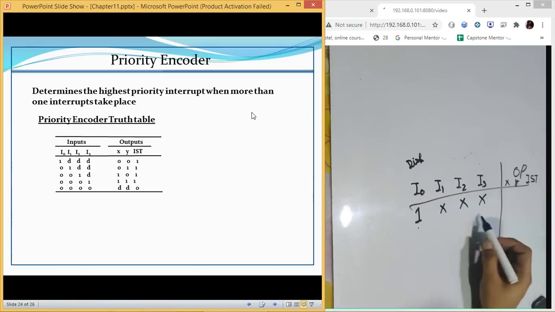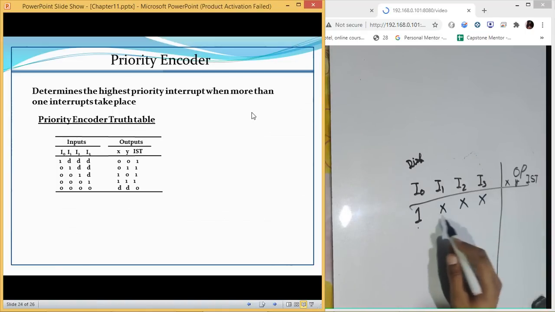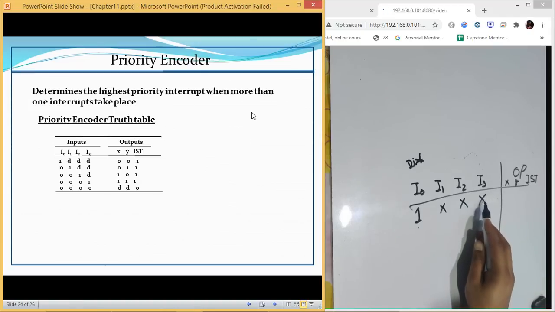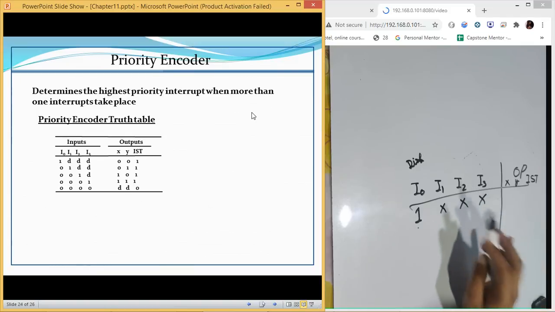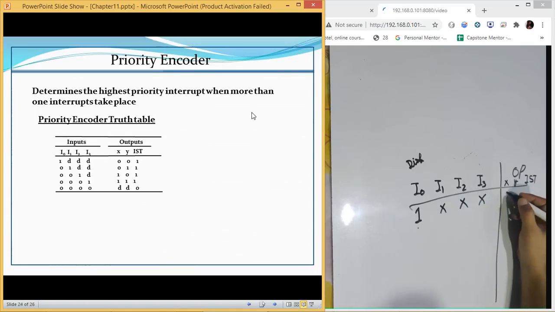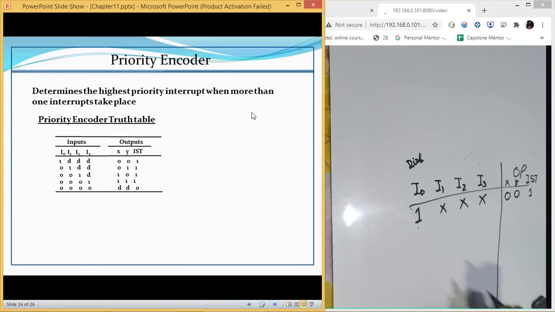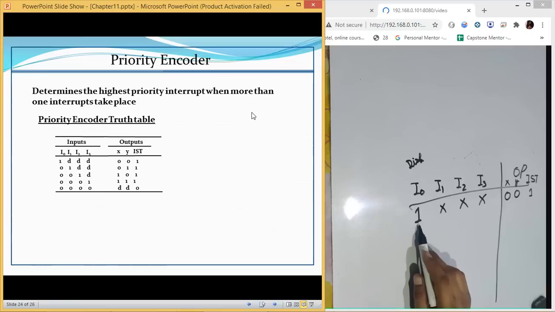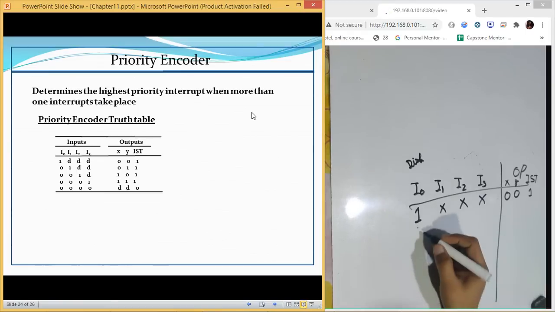So there is no worry whether it is 1 or 0. It is a don't care condition at these two places. And the output which will be generated is 0 0, and the IST value is 1 because there is some device which has generated an interrupt. Now this is for the disk.